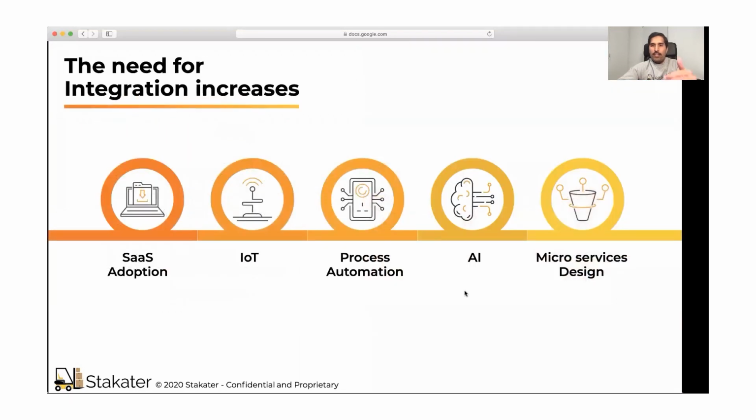And this need for integrations is now increasing at a rapid pace. A lot of companies are adopting SaaS solutions to integrate with, a lot of IoT is going on, full-time process automation, then we have AI, and also microservices-based application designs, which means the need for integrations is growing quite rapidly.